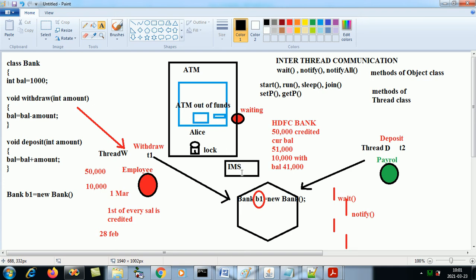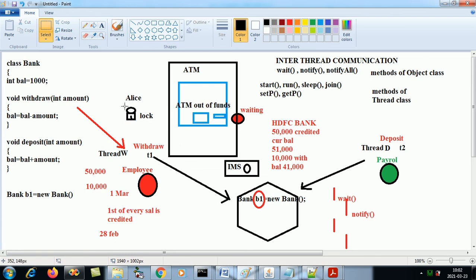Now this is the IMS technician. He has to go inside the ATM to deposit the money. So first Alice has to come out, which means Alice has to unlock. If she wants the money to be deposited, she needs to first release the lock. So when she comes out, she releases the lock.